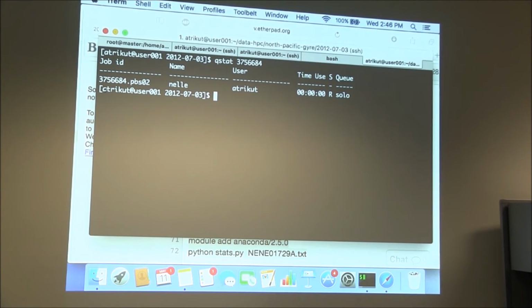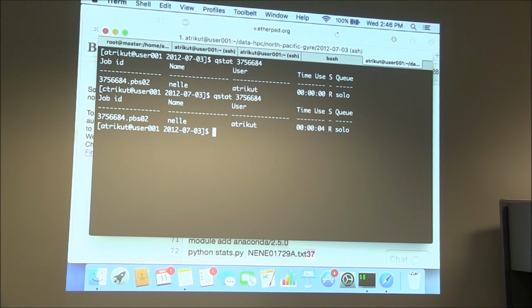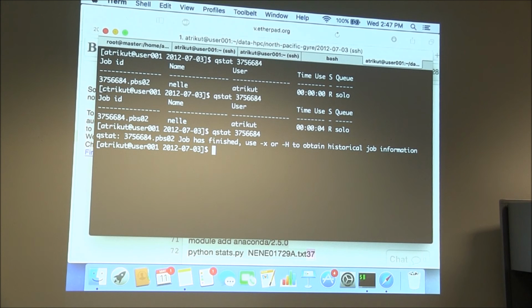Jobs are put under different queues depending on what kind of resources they're looking for. Because our job is very small and requires only a single CPU core, we're put under this solo queue, which is a very fast queue. Anyway, if you keep querying the status of the job, you'll see that it'll run for a while and then finish executing eventually. So once a job has finished executing,